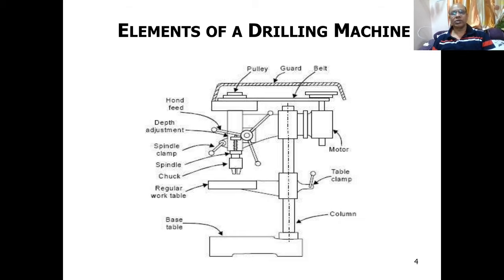It is mounted on one side, and on the other side there is a bracket and spindle arrangement called the drill head, which holds the spindle and the chuck, which is used to hold the drill bit. On the other end of this drill head there is a pulley arrangement, and that pulley is connected by means of a belt to another pulley which is mounted on the spindle of the motor. So now let's see the working principle.